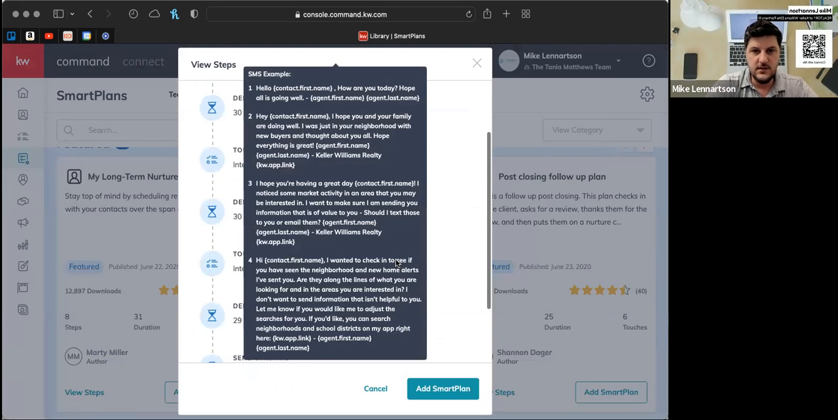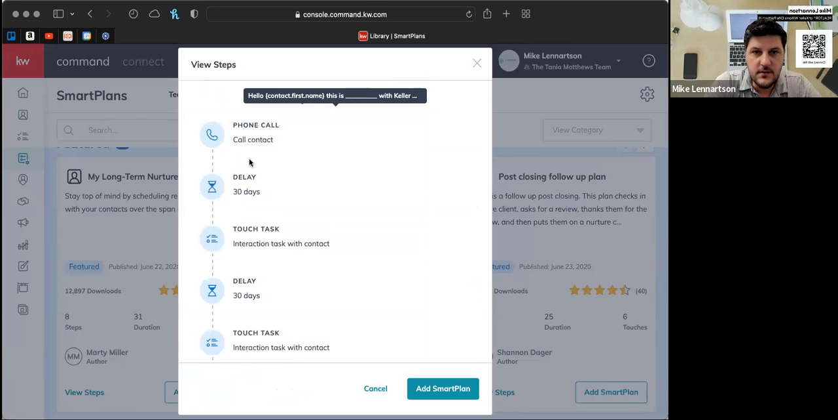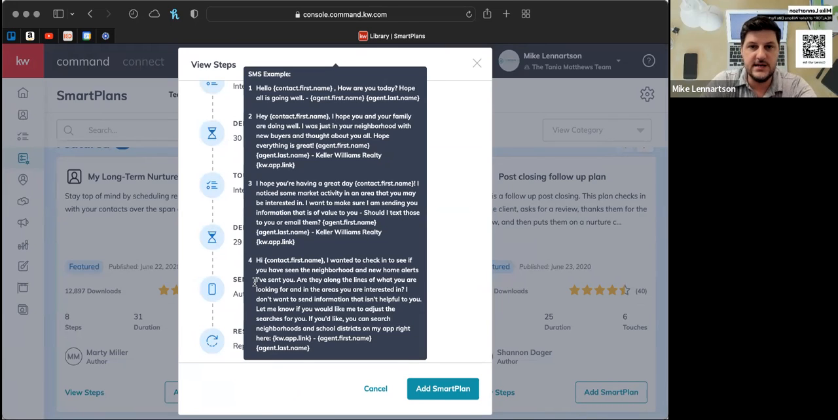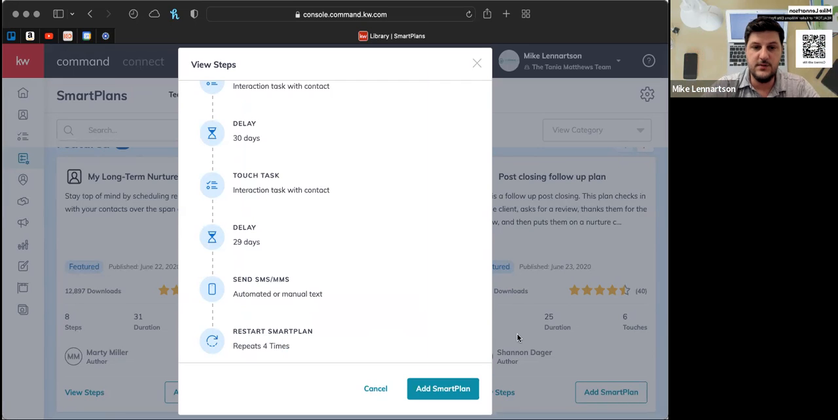So this shows you the text that it does. And sometimes when agents make it, they make it very broad. If I move my mouse to show you what I'm talking about, it's got the brackets: agent first name, agent last name, KW app link. This is usable by anybody, but there are other plans you may open and you may see